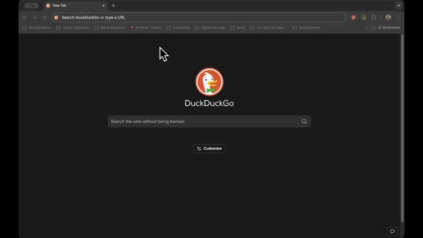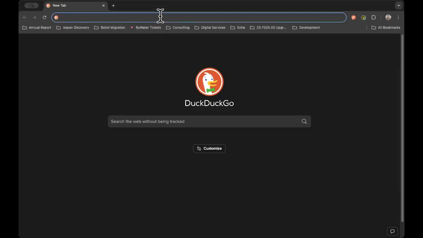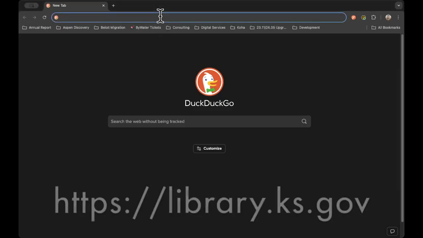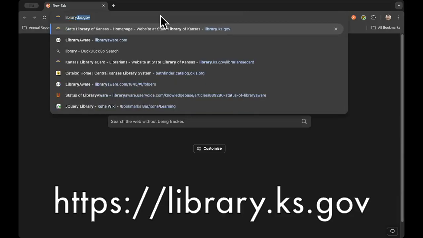Today we're going to be taking a quick look at the new State Library of Kansas website, and we're going to go through the process of how you can add or renew new patrons in the eCard application. Let's get started. The first thing we need to do is to get to the State Library website, and it doesn't use the old web address anymore. Instead, it's using a new web address, and that address is